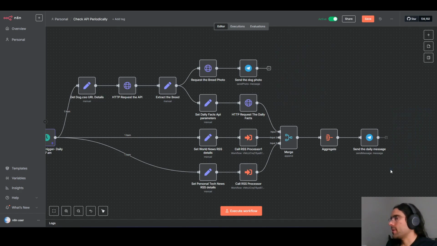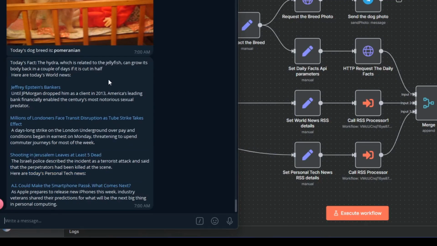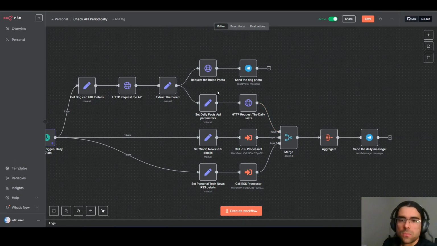So after that, let's see how we can do that. First, let's see the dog of the day. This is a beautiful dog here. All right, and then we have some news, today's news, along with today's fact as well, right? Interesting. All right, so first, I already have a Postgres server running,